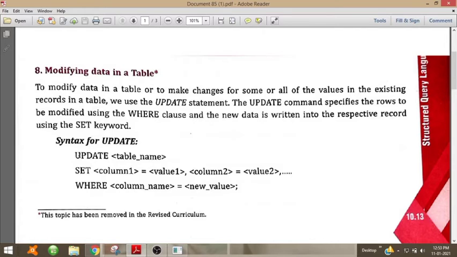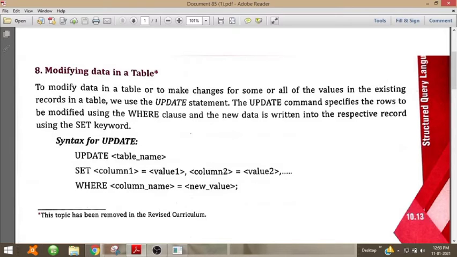So let us see what the syntax is. Update table name set column 1 equal to value 1. After the set keyword, we give the column in which we are making the change. So column 1 is equal to value 1, that is the new value to be given to the column.